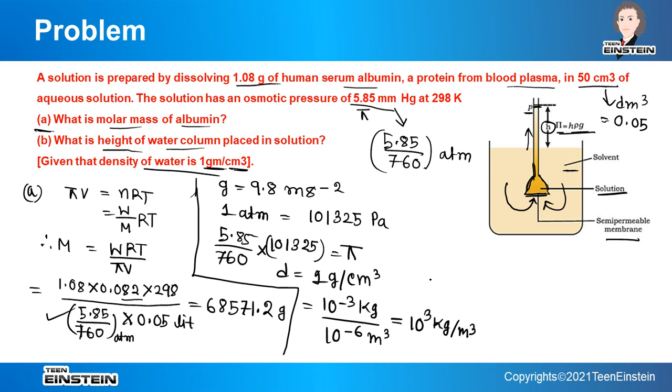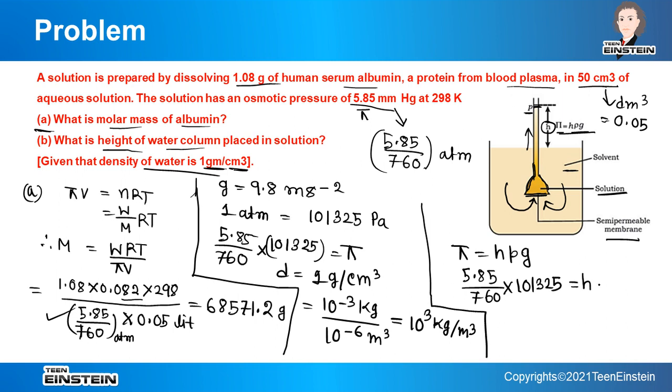Now use the equation pi equal to h rho g. So pi is 5.85 divided by 760 multiplied by 101325. So this is the value of pi. h is unknown, that we have to find out. In place of rho we will write the density, and g is 9.8. So if you do the calculation you will find the value of h in meter, obviously